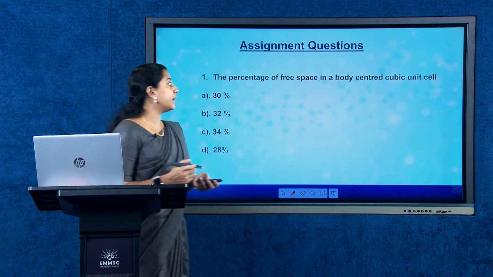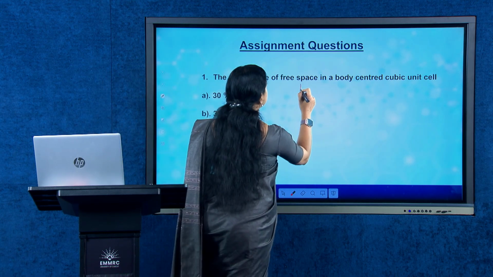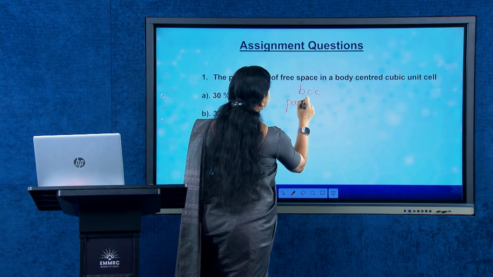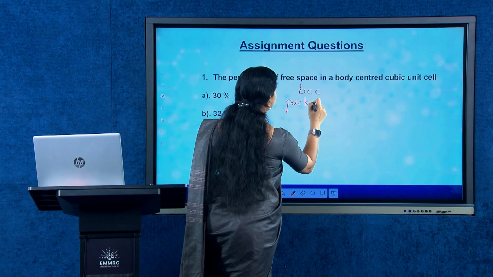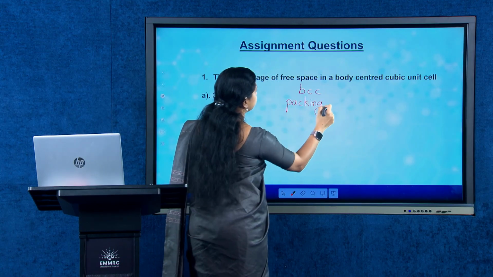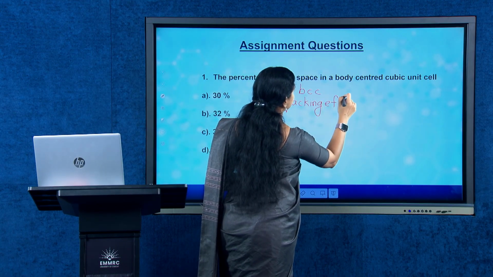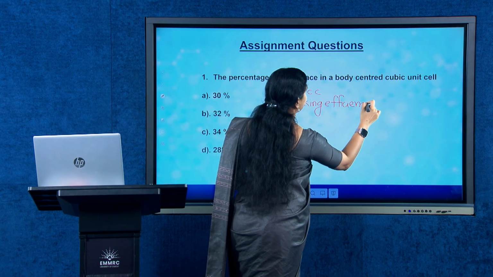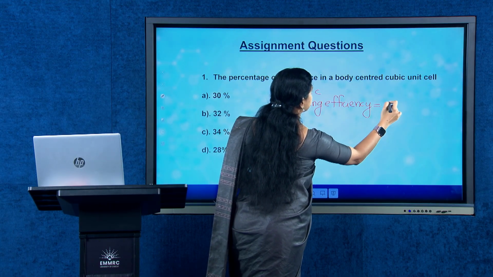And we have seen that in a body centered lattice, that is in a BCC lattice, the packing efficiency corresponds to